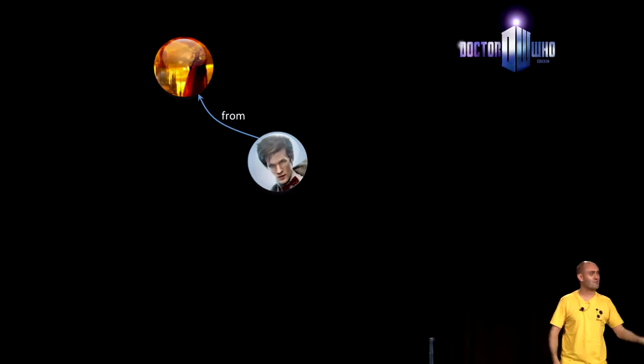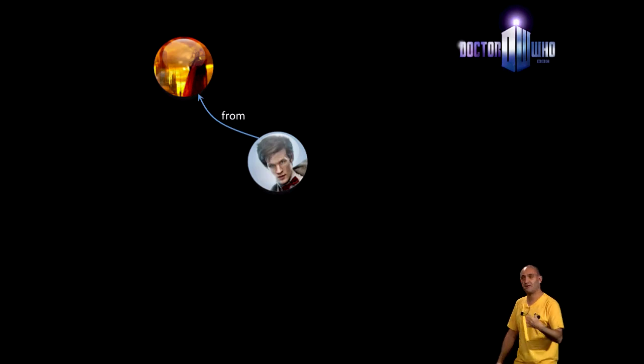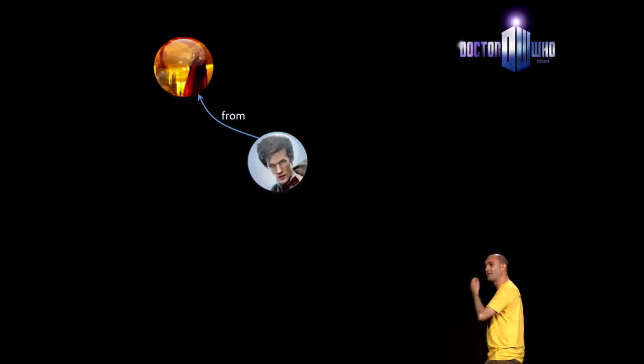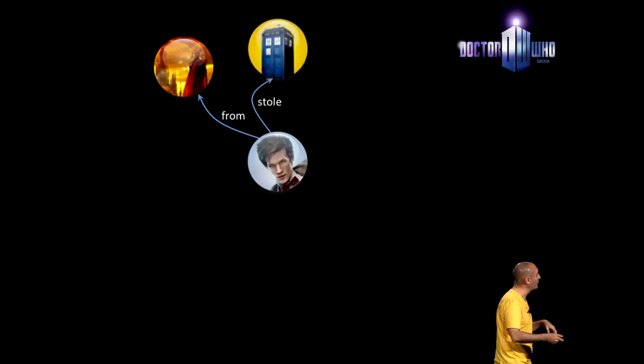I'll throw in some free domain knowledge here. The Gallifreyans, they're Time Lords. They've invented the ability to travel in time and space, which sounds pretty exciting, but they choose not to. They're like, meh. Time and space, meh. The Doctor, he's young and impetuous. He's like, time and space, that sounds pretty cool. I want to get out there and get stuck in. So he steals this thing called a TARDIS. Bonus points if you yell out what the acronym is.